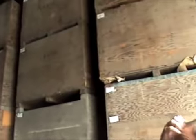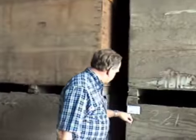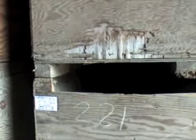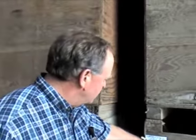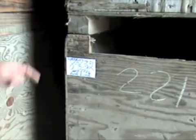In each one of these warehouses, we have 3 of them. The first 2 are about 18,000 square feet each. It goes back quite a ways, as you can see. And all these beans are assigned a lot number. As you can see, these are screens, so this isn't an original lot number. But 8-832 is the original lot number, and it was a Bush Lima. So these would be full of the beans that are just being stored here for...